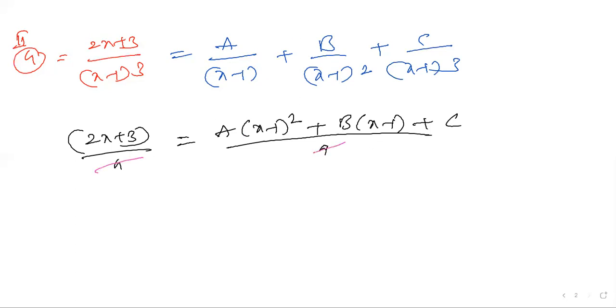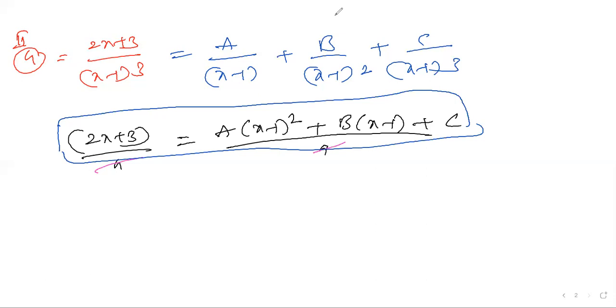After this, people might have a doubt: what numbers should I substitute to get my answers? We have to get an idea. Don't take blind values. If I take x equal to 1, this part is going to be 0, and you have a chance to get the C value. If you take x equal to 1, you may cancel one value and get another value.